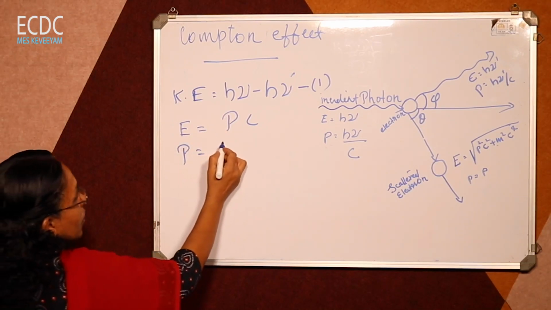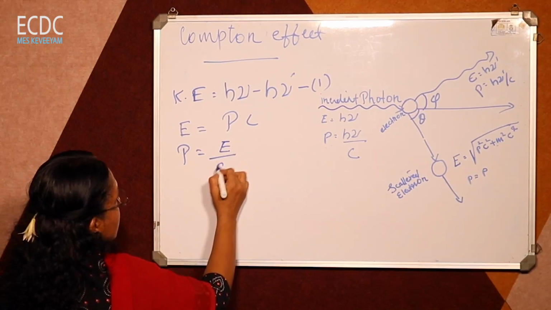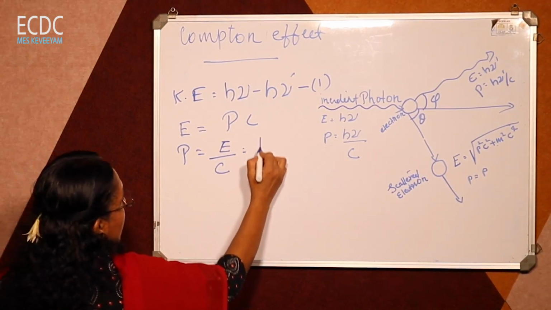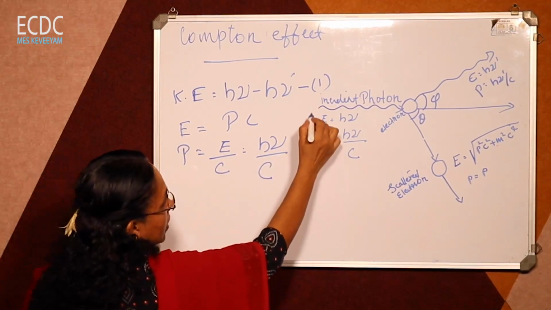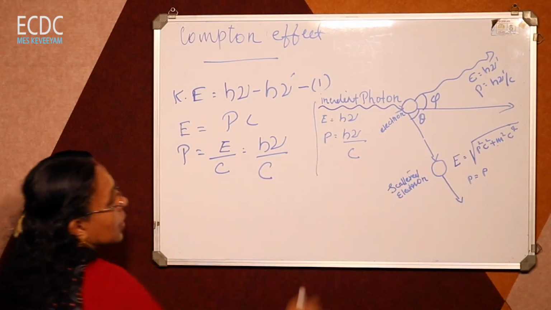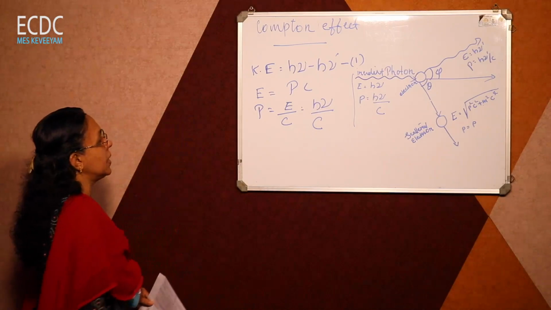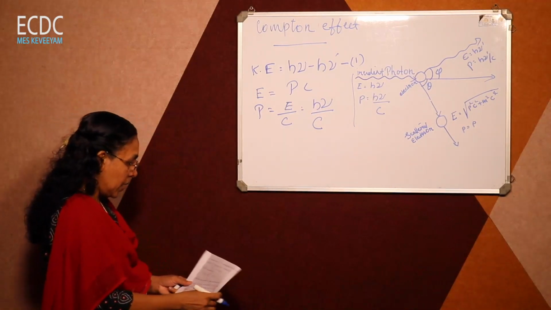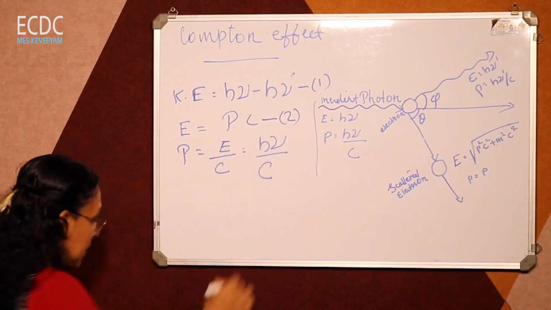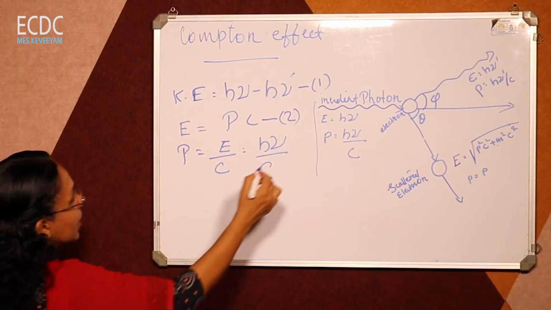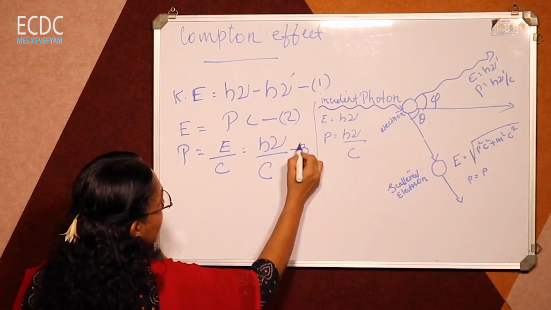So P is equal to E by c, and E is equal to h nu, so P is equal to h nu by c. E equal to Pc we write as equation 2,